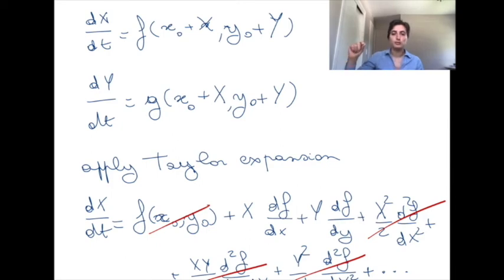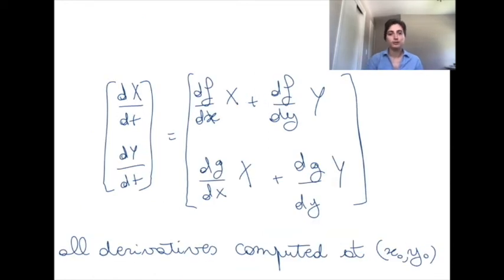So all the terms that are involving capital X squared, capital Y squared, and the combination of capital X and capital Y are so small that they're not really going to impact our solution. So we can rewrite